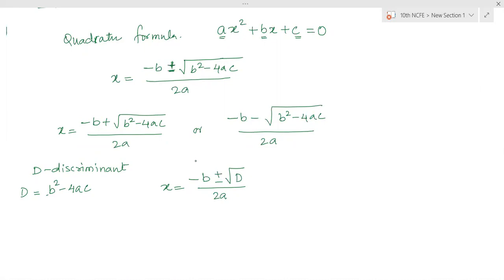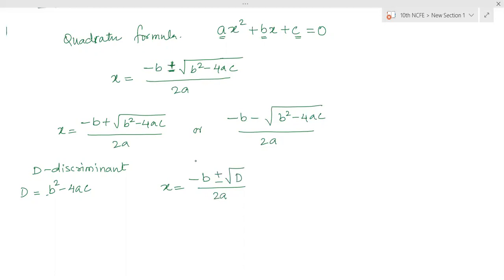So whatever questions we are doing, we can solve by factorization and also by quadratic formula, because in RD Sharma there are no extra questions given only for solving by quadratic formula. So one exercise which consists of 64 questions, you can actually solve by both the methods. If you feel factorization is easier, factorize it, but sometimes factorization becomes tougher. At that time we can use the formula also. Therefore, I have explained the formula right now, so that we can use it everywhere.